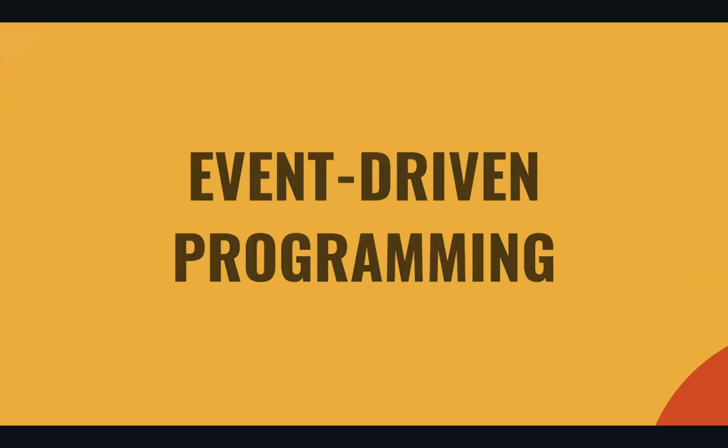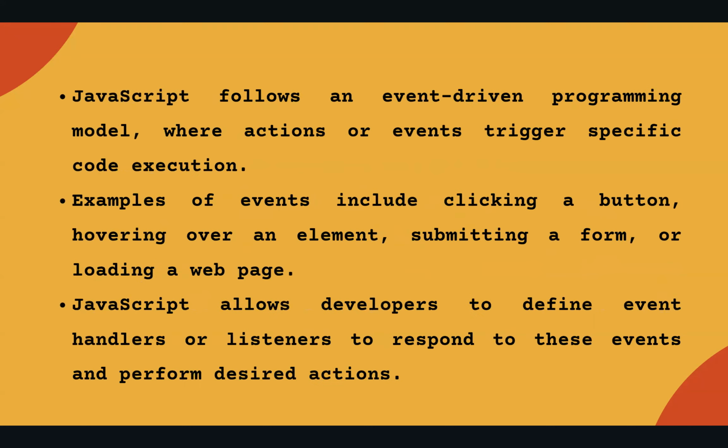Event-driven programming. Frankly speaking, it's the same thing, like how you provide dynamic behavior to your static web pages. JavaScript follows an event-driven programming model where actions or events trigger specific code execution. Examples of events include clicking a button, hovering over an element, submitting a form, or loading a web page. This is called providing dynamic behavior to your static web pages. JavaScript allows developers to define event handlers or listeners to respond to these events and perform desired actions. This is how you can provide dynamic behavior to your